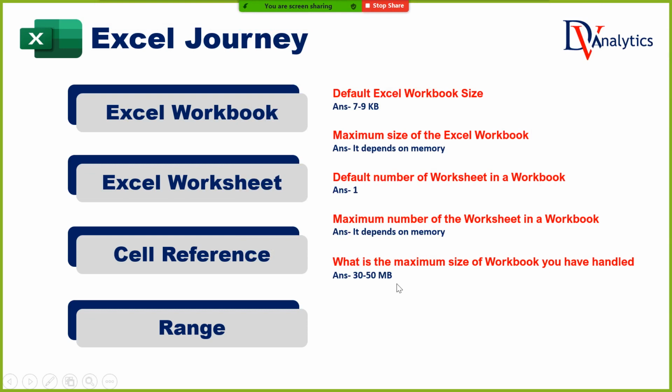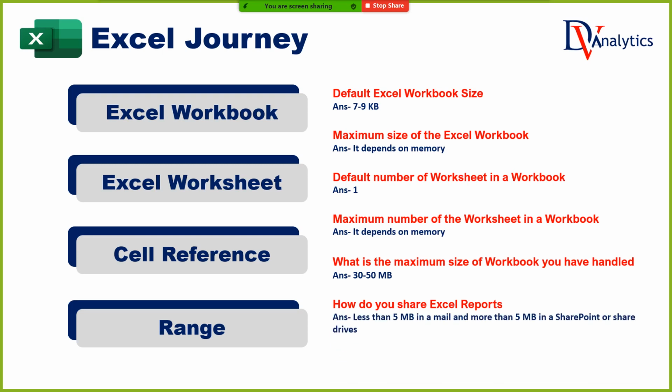Now the next is, how do you share your Excel report? When you join any company, if you are given Outlook for mail exchange, they might have set a certain limit on attachments. Could be 5 MB, could be 25 MB, could be 10 MB. It depends on the scope of your work and the files you will be sharing. Based on that, you can take an approval for 20 MB or 25 MB also. But by default they have given 5 MB to send a mail. So you can send less than 5 MB in a mail; Excel data more than 5 MB should be shared through a shared drive or SharePoint.